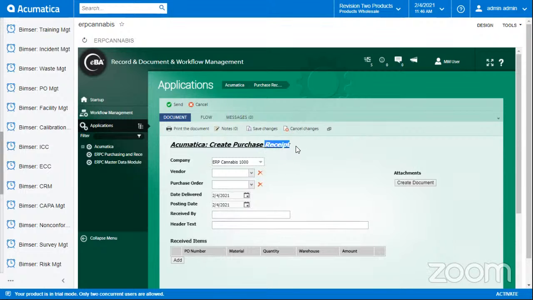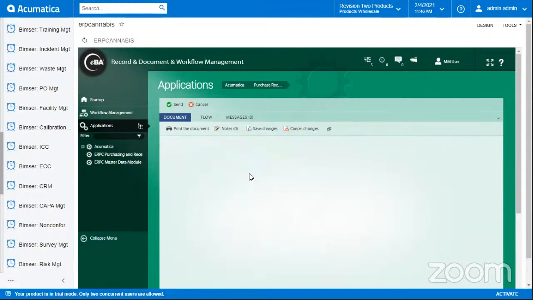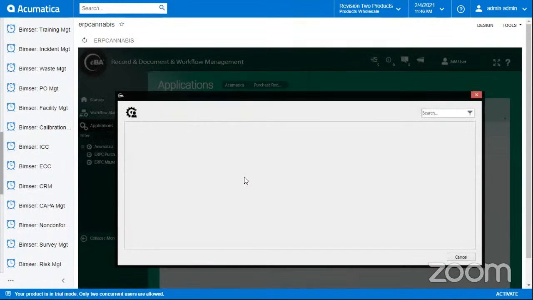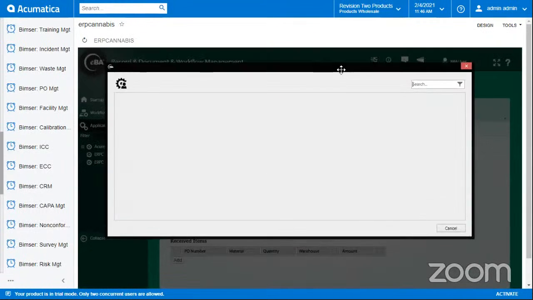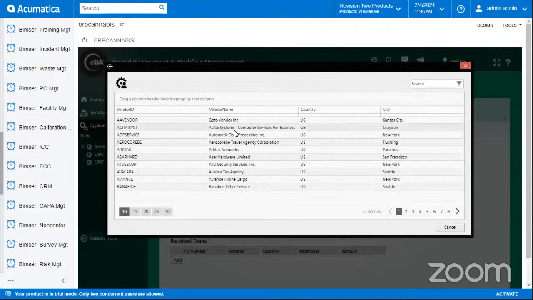Coming back to the form side, we can have a drop-down list that allows you to pick and choose the appropriate item for each field, like all the company names. Then we can pick and choose the vendor name. As for this vendor name, it is integrated with Acumatica, meaning we can see this particular vendor name in Acumatica. So we capture that information from Acumatica and fit our system accordingly.